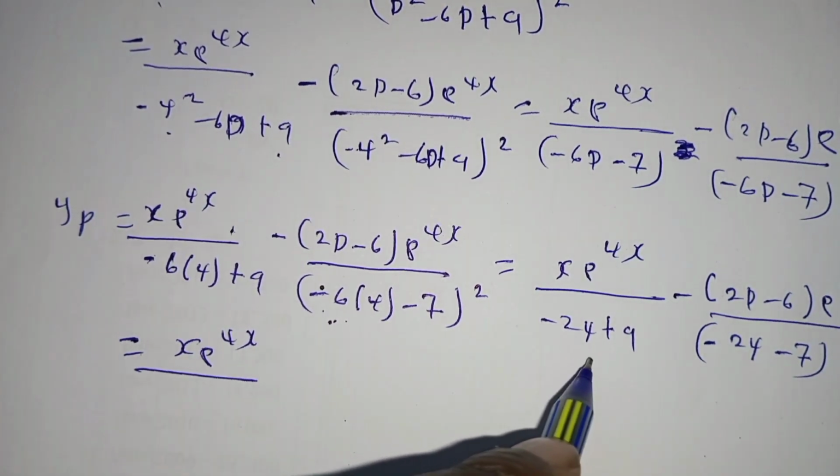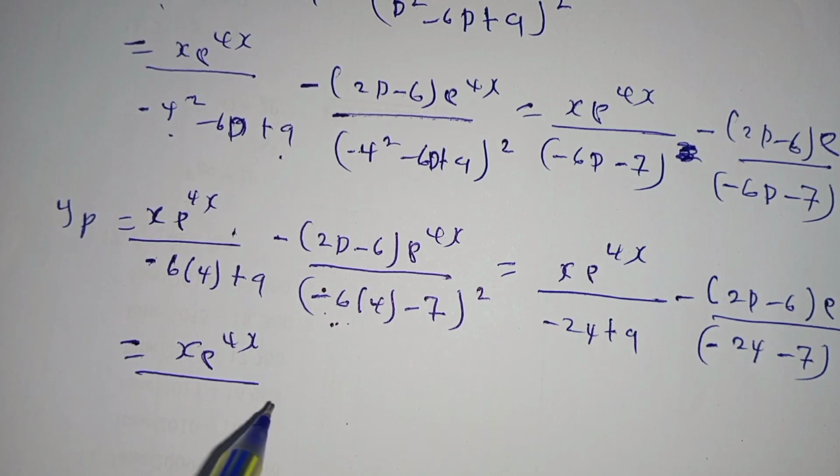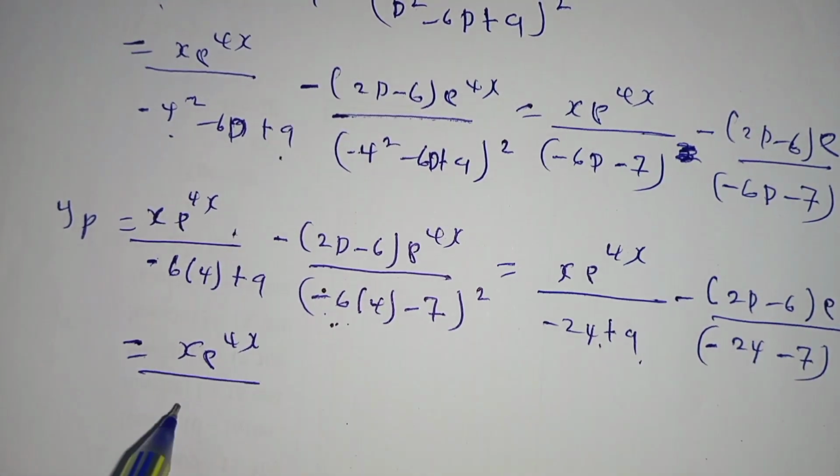So negative 24 plus 9 will give you negative 15,